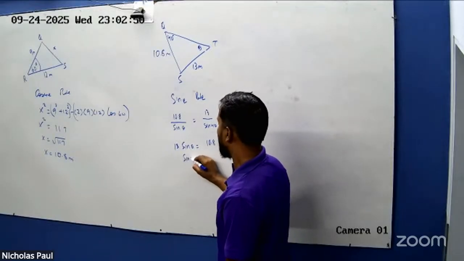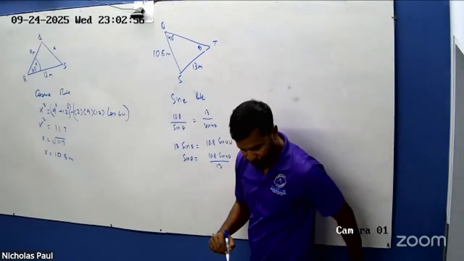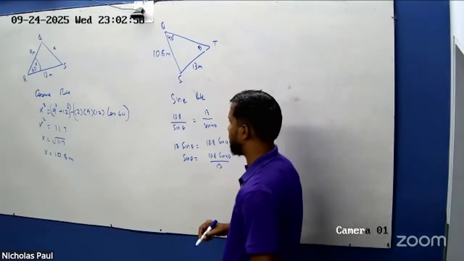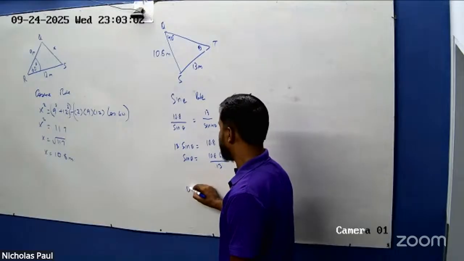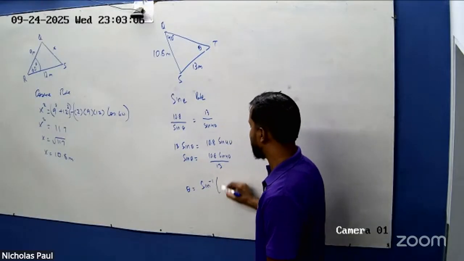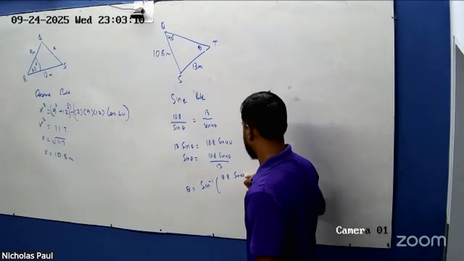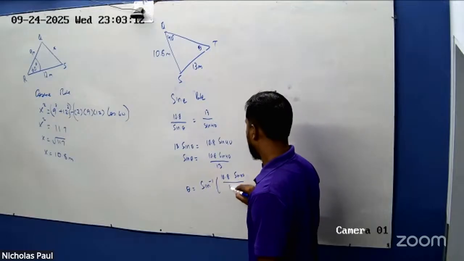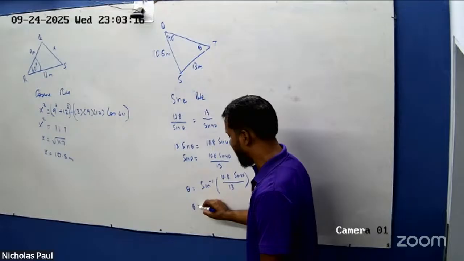Move across the 13, you'll get 10.8 sine 40 over 13. And then you make theta the subject, carry across the sine, and you get sine inverse of 10.8 sine 40 all over 13. Right? And most people got